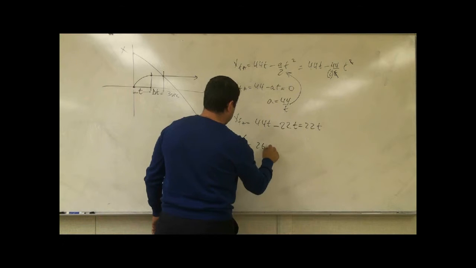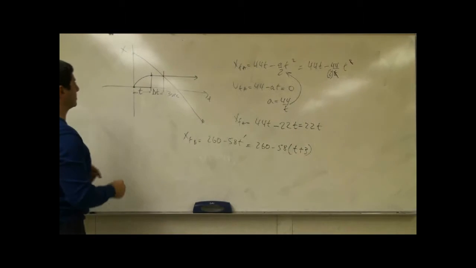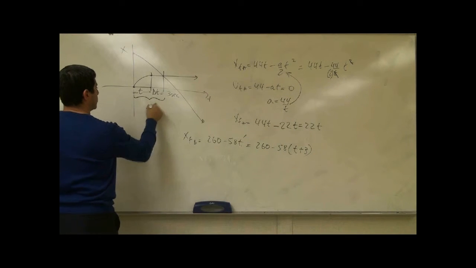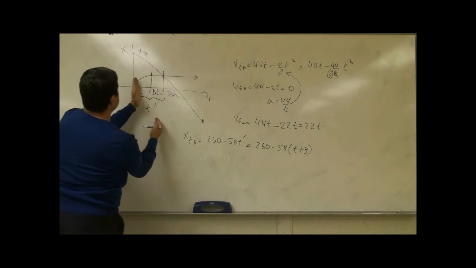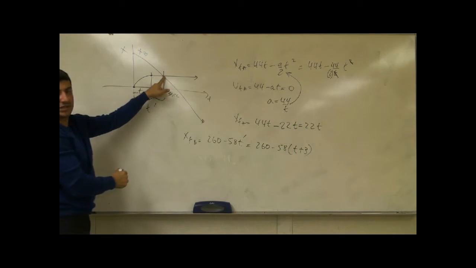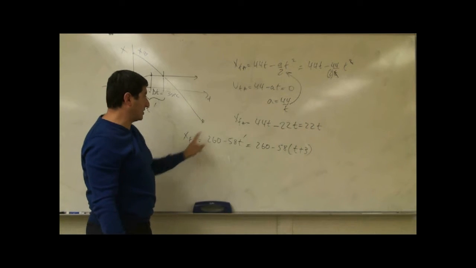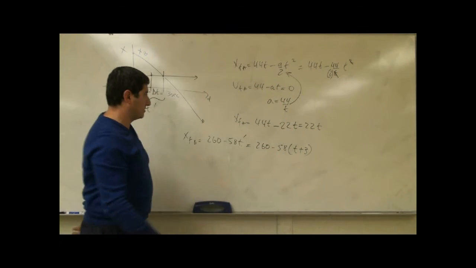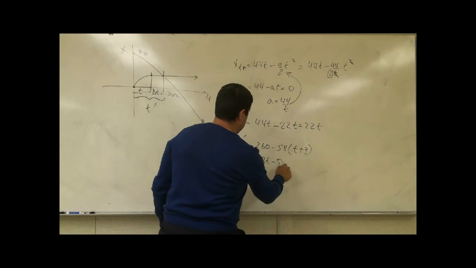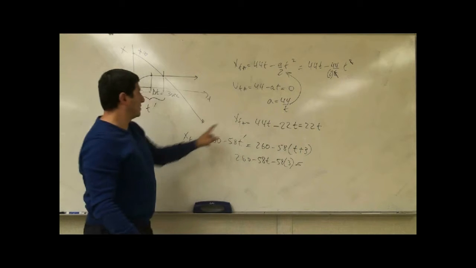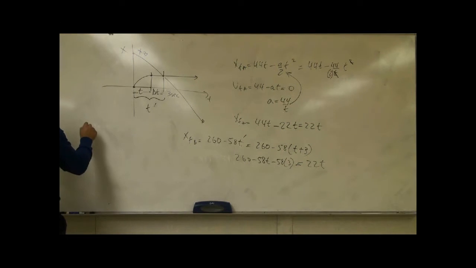So it's going to be 260 is equal to minus 58 times t plus 3. So t prime on the graph is what? It's the sum of the two. You see, t prime. So it's the total time that train B has in motion by the time that it hits train A. So it's equal to this t plus 3. Therefore, this position and this position have to equal each other. Okay, so we're going to have 260 minus 58t minus 58 times 3 is equal to the position of train A, which is 22t. Okay, so we have 260